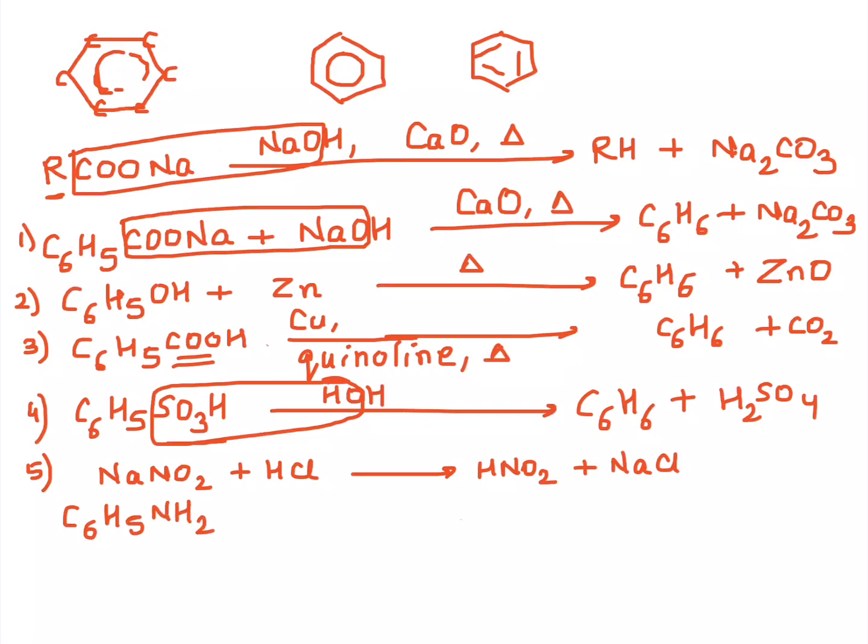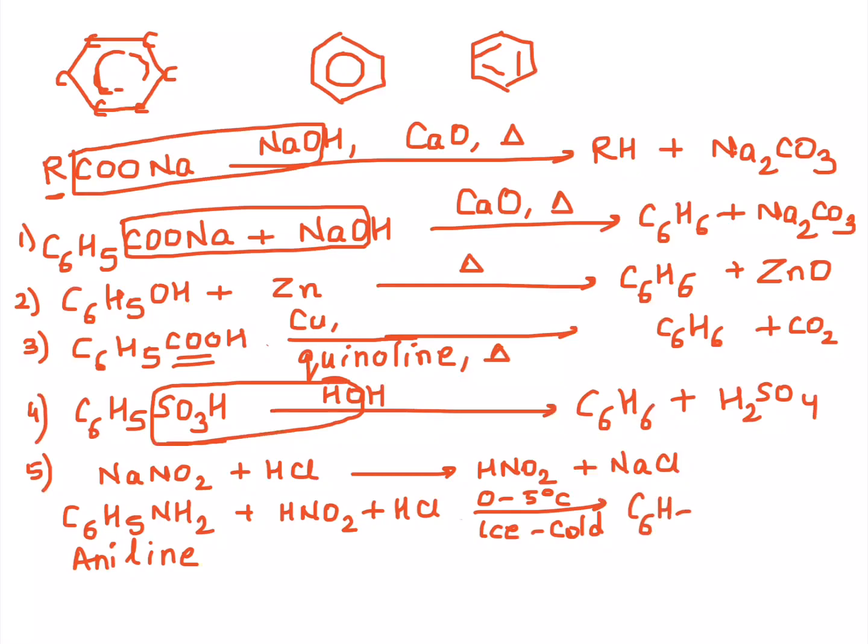Now the amine C6H5NH2, the aromatic amine, also called aniline by its common name and accepted as its IUPAC name as well, reacts with the nitrous acid in the presence of HCl. Temperature of, very good, 0 to 5 degrees Celsius, that's ice cold solution, gives us the diazonium salt C6H5N2 positive Cl negative, benzene diazonium chloride, plus of course water is formed over here, right?